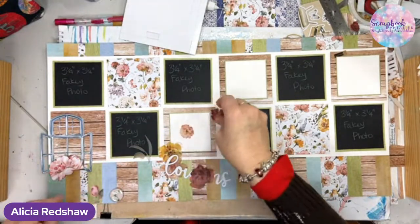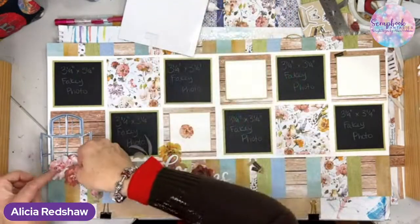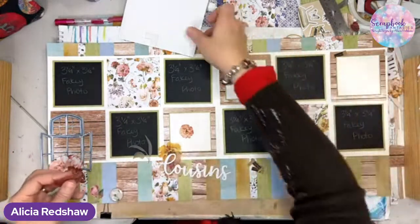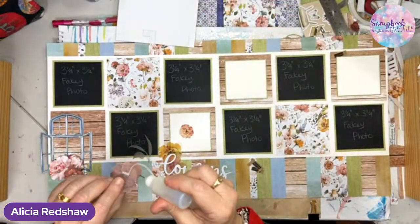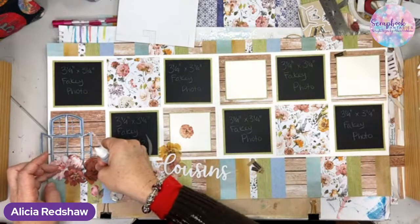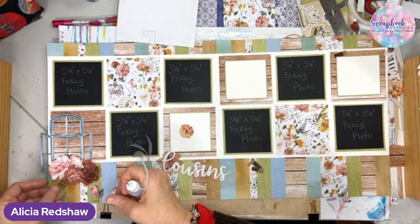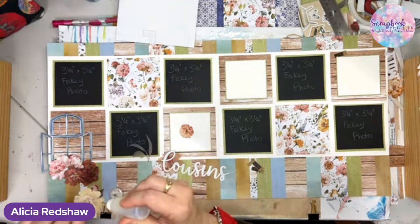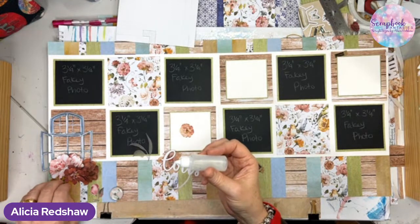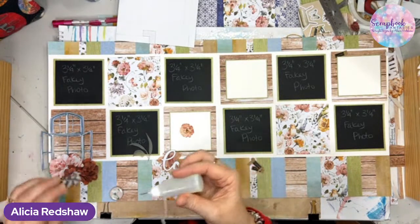Right. And let's put a bit of glue on this big red flower, that's easy to cut from the vellum fussy cut sheet. And let's tuck it under here. And then let's tuck, it's very red, isn't it? So far, let's tuck this mustard one. It's a largish, easy to cut mustard flower from the vellum fussy cut sheet. Let's tuck it under there. And then let's put this little